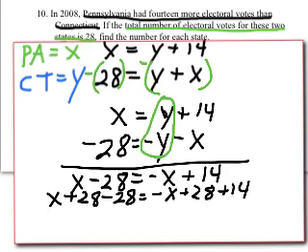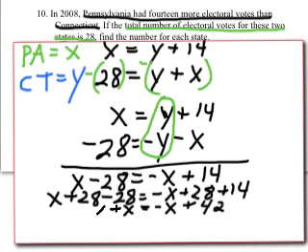Okay, so that gives us x equals a negative x plus positive 42. Now I'm going to add x to both sides. Plus x, plus x. My two x's on the right cancel out. I end up with 2x equals 42. Divide both sides by 2,